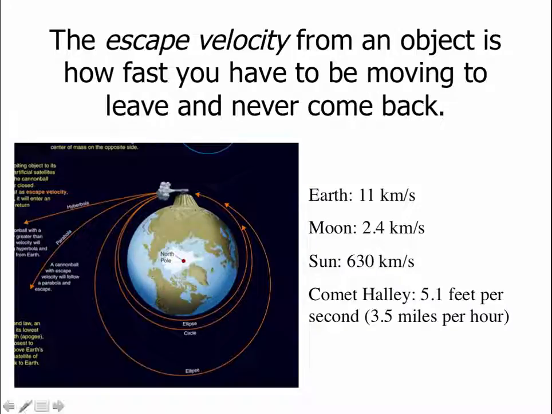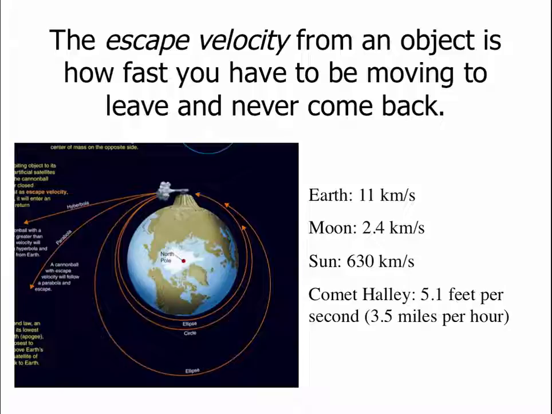So here's a picture. Let's imagine that we have a giant mesa in the Himalayas, it looks like. And for some reason, on top of that mesa, we put a big cannon. And the cannon can shoot a cannonball at about 7 kilometers a second. If we do that, the cannonball will begin to fall to the Earth, but it's moving forward so fast that as it begins to fall, the Earth curves away underneath it. And so the ball will go the entire way around the Earth and come back and hit the back of the cannon, which isn't necessarily a smart thing to do, but that's what happened.